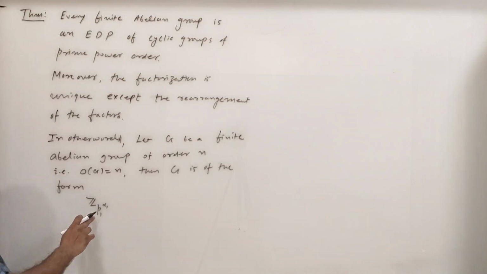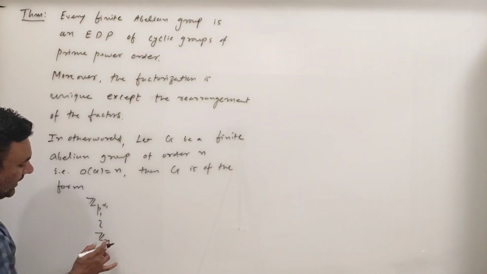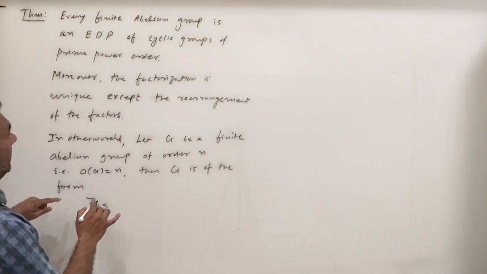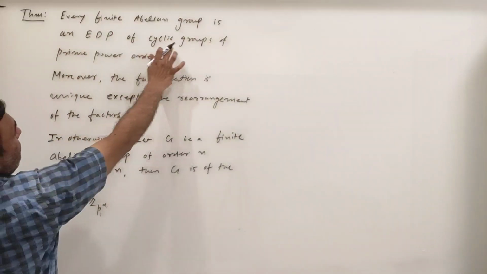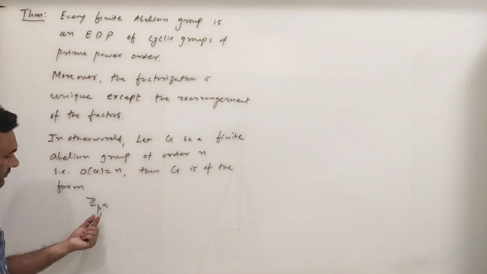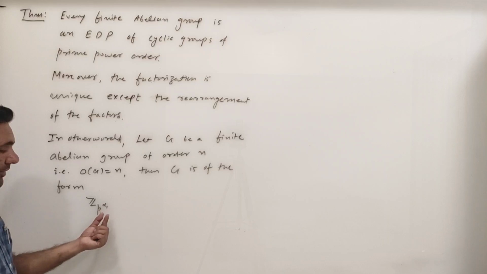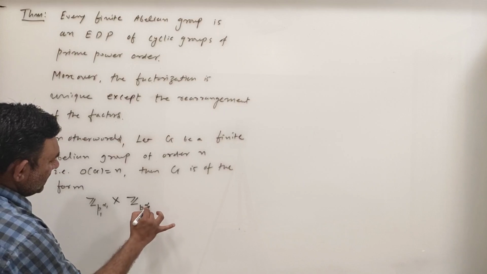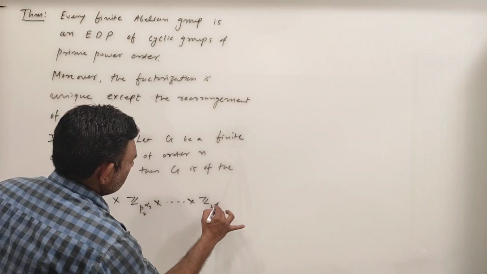See, Z p1 raised to alpha 1 is like Zn, where n is p1 raised to alpha 1. So it is a cyclic group, right? And it is an EDP of cyclic groups. So every finite abelian group is an EDP of cyclic groups of prime power order, where p1 is prime and alpha 1 is a power of p1, cross Z p2 raised to alpha 2 cross and so on cross Z pk raised to alpha k,